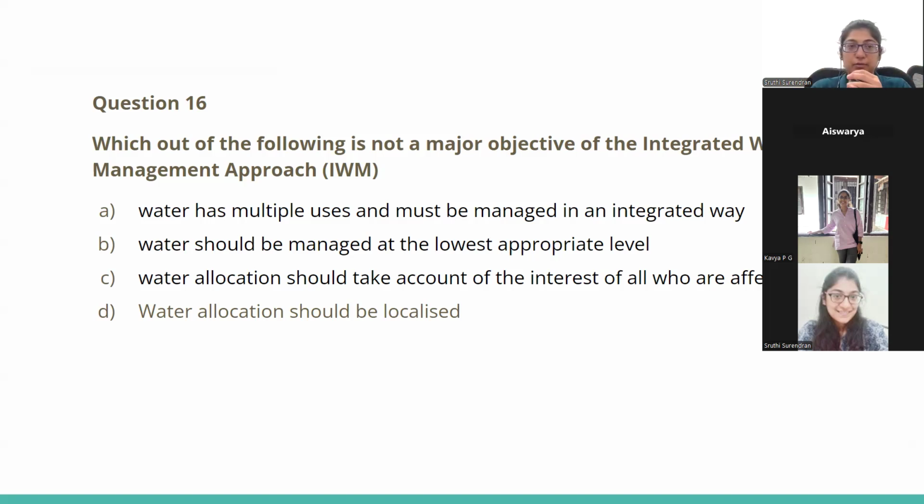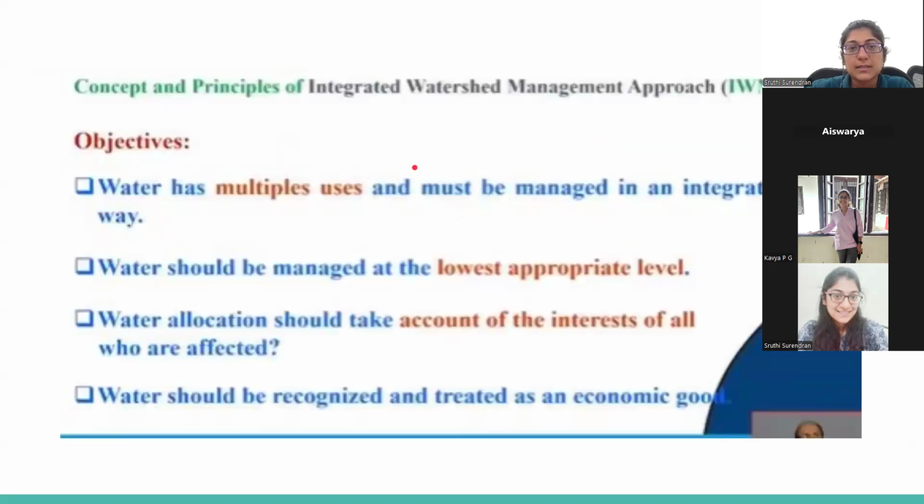Okay, let's get familiar with this integrated watershed management approach. So the integrated watershed management approach is nothing but this: when you consider managing a particular resource like groundwater, it is not sufficient if you just make management techniques